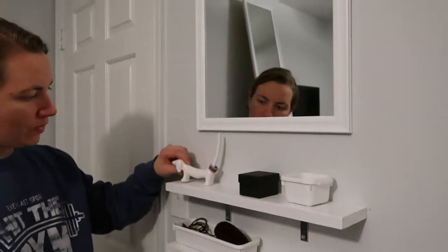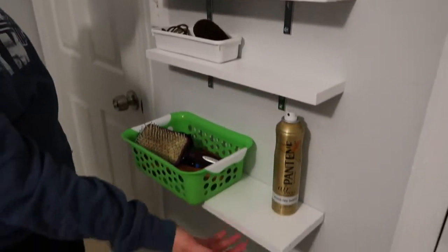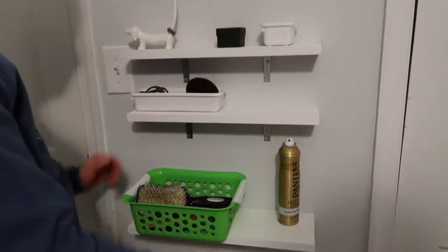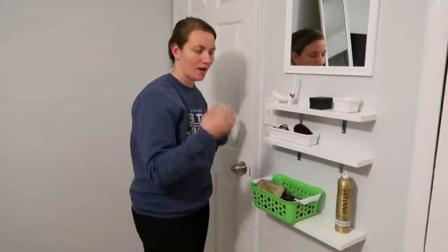This is our ring holder, which you saw earlier. But we put this one a little bit lower, obviously, for the hairspray, and then she's gonna put our brushes and stuff in jars too. But this is the completed process. Teamwork makes the dream work. She's perfection, I'm handy. So you think? AKA she leveled it and made it centered, and I just